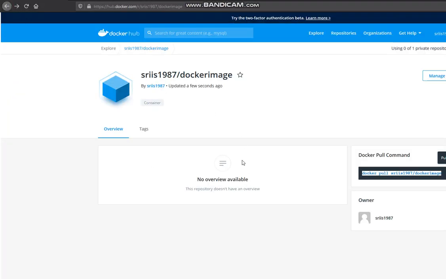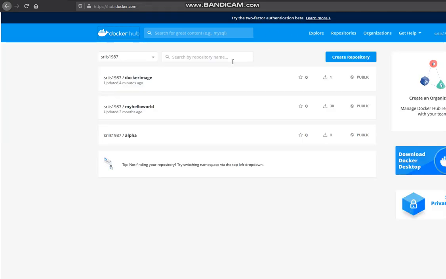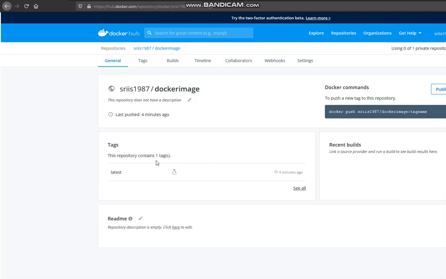So once you go to this Docker Hub, you can see this image. Just let me show you. So here are the tags actually. You can also include a tag whenever you try to push the image. By default the tag would be latest. If you want to have different tags, we can use version 1, version 2, version 3, anything.